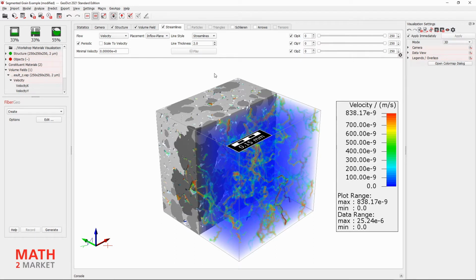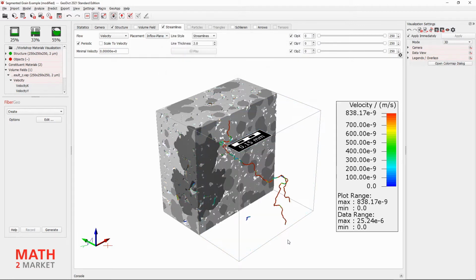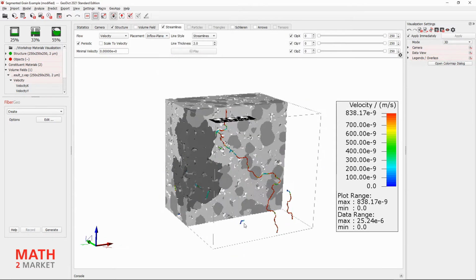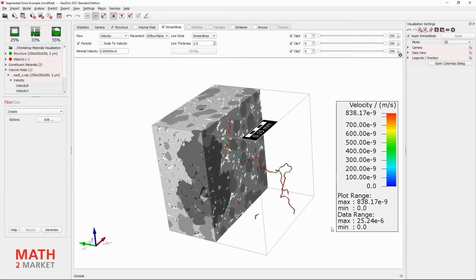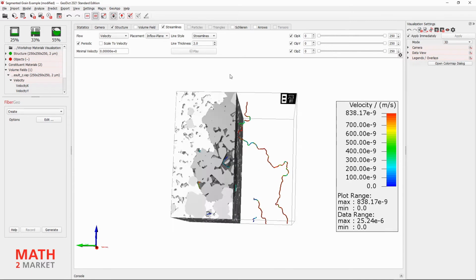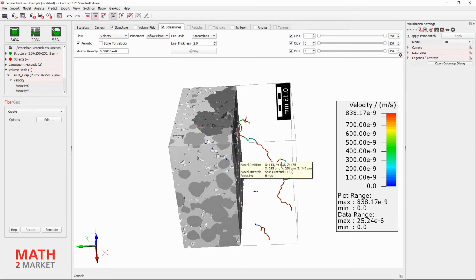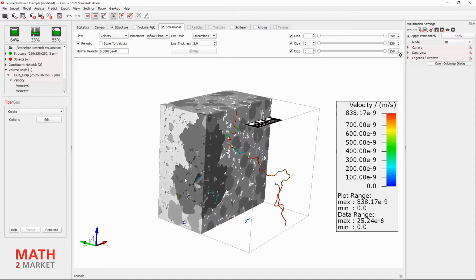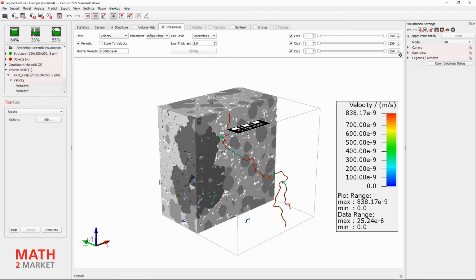We briefly hide the volume field in order to identify the few existing streamlines. For this purpose, we uncheck the box next to the volume field tab name. This sparse distribution of streamlines is due to the fact that the streamlines are getting distributed in a regular 2D pattern in the inflow direction. Since we have only a few pore inputs in the direction of the flow here, only a few streamlines find their way into the inside of our microstructure.